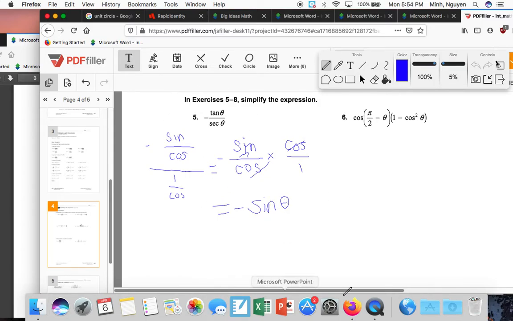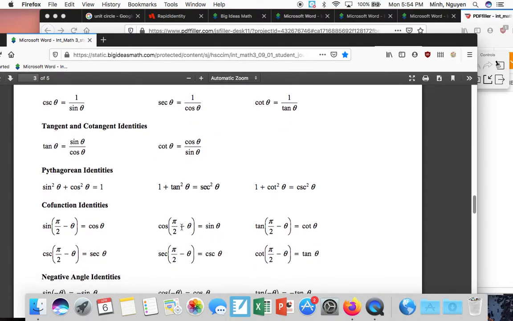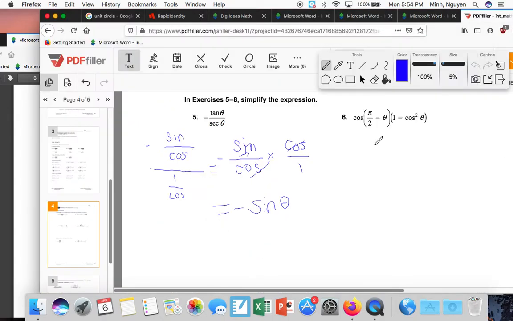That's the answer for number 5. For number 6, cosine pi over 2 minus theta. Oh, look at that. Cosine pi over 2 minus theta. What is that equal to? Oh, it's equal to sine. Okay, well, let's go ahead and get it in there then. Sine